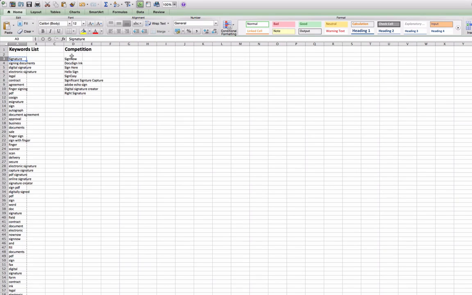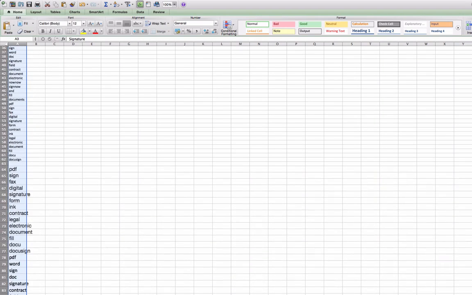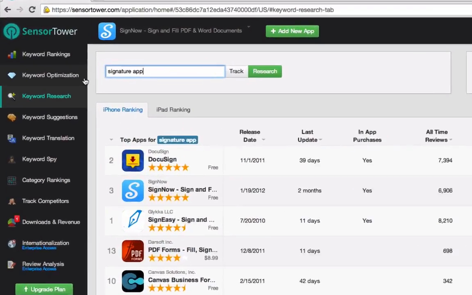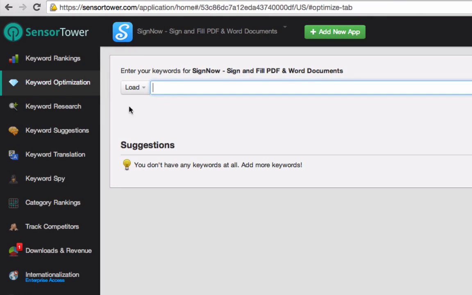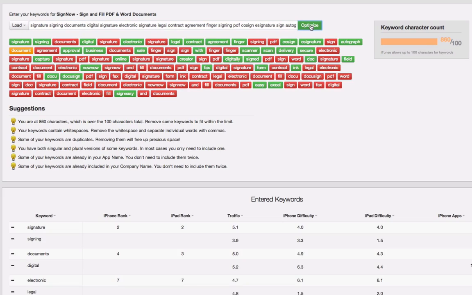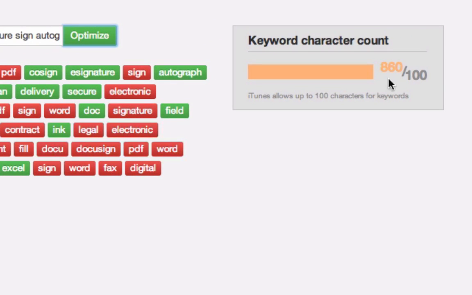So now that we've got a fairly extensive keyword list here, I'm going to select all of the keywords and go into keyword optimization, and paste all of the keywords into this text field here. Each of the keywords is going to be separated by a space, which is fine. I'm going to click optimize, and as you can see, we're way over the character limit for iOS. As I mentioned in a previous video, iOS has a 100 character limit, and we're at 860, which is fine,